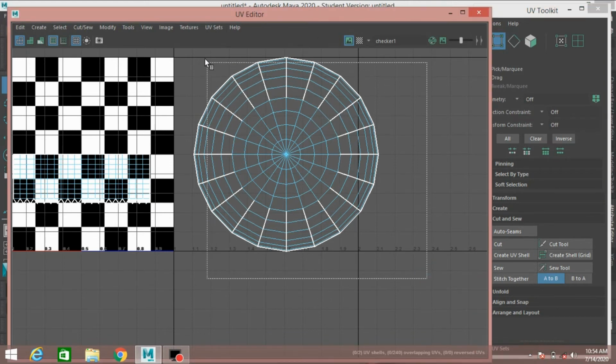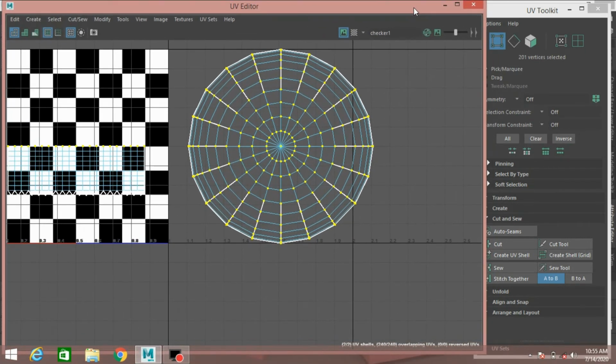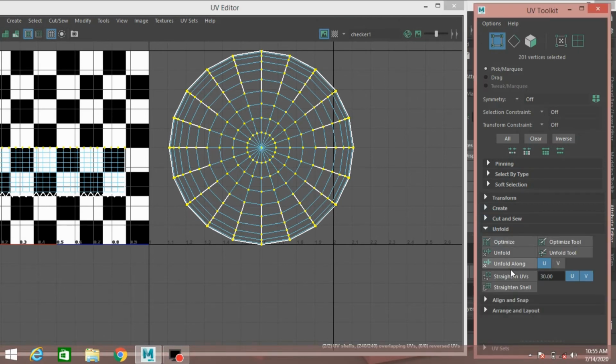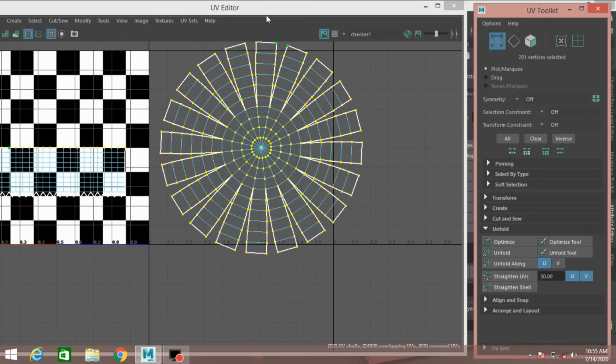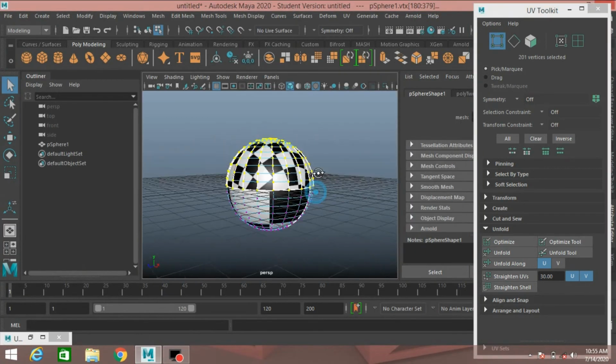Select the whole UV shell. Go to unfold, click unfold and see the effect.